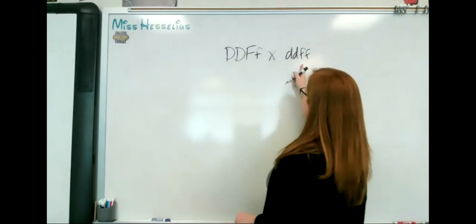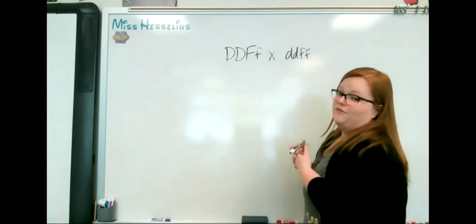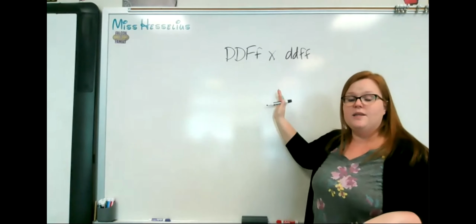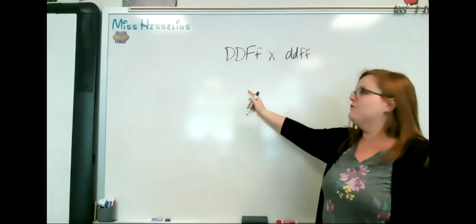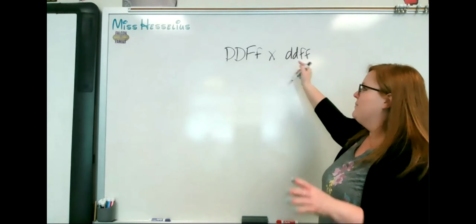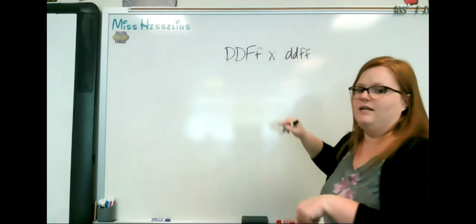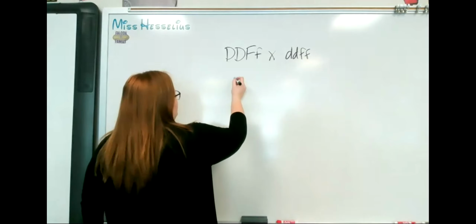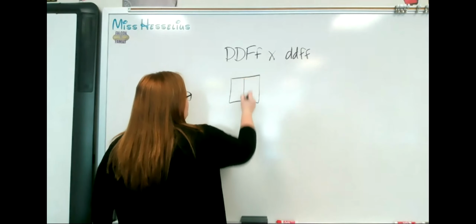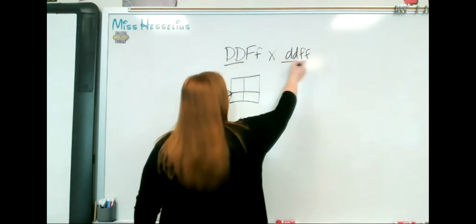So looking at this, I'm going to do the fraction method. If you were going to do the big 16-box Punnett square, you have to FOIL this, and then you have to separately FOIL this to get what goes on both sides. But I'm going to do the fraction method. So I'm going to do one monohybrid cross for the D trait,